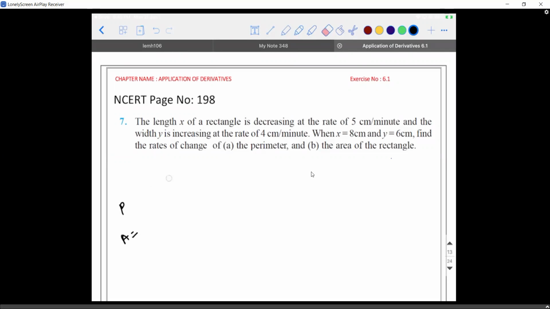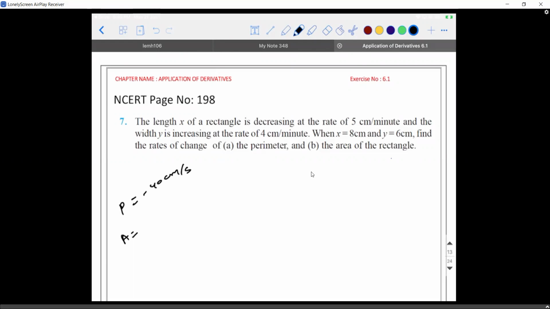Your voice is breaking, Mithun. Perimeter is minus 40 centimeter per second. Correct? No, sir. 20, sir. Sorry, sir, again a mistake. I'm getting 20, sir. Okay, minus 20 is right. I'm getting that. I don't know right or wrong.